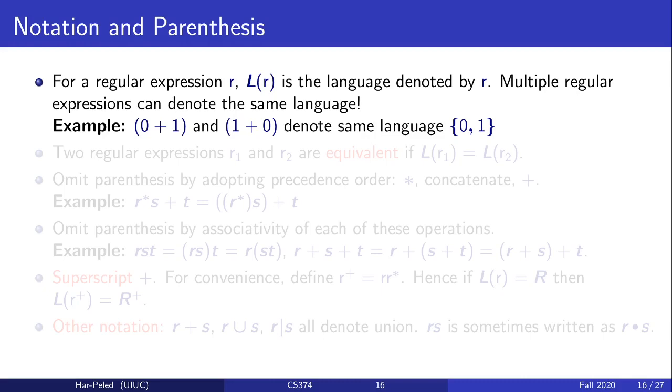It's the regular language that has two strings in it. One of them is 0, one of them is 1. And of course, deciding, given two regular expressions, whether they're equivalent or not, namely whether they are defining the same language, the set of words that they match, is an important task. We will see later on in the course how to do that. It's not going to be easy. It would require several steps,